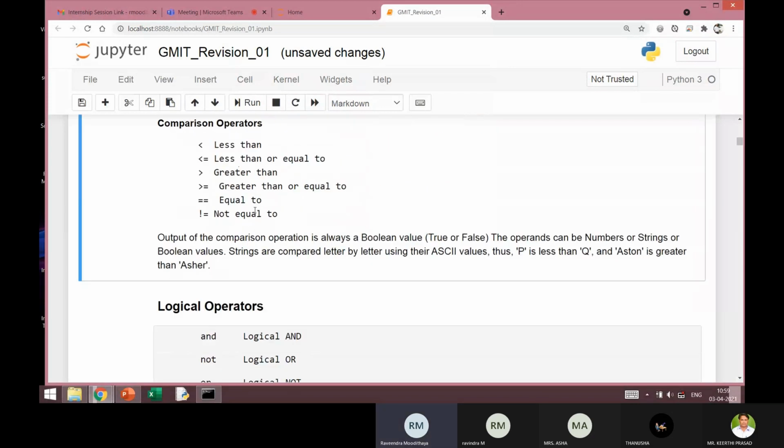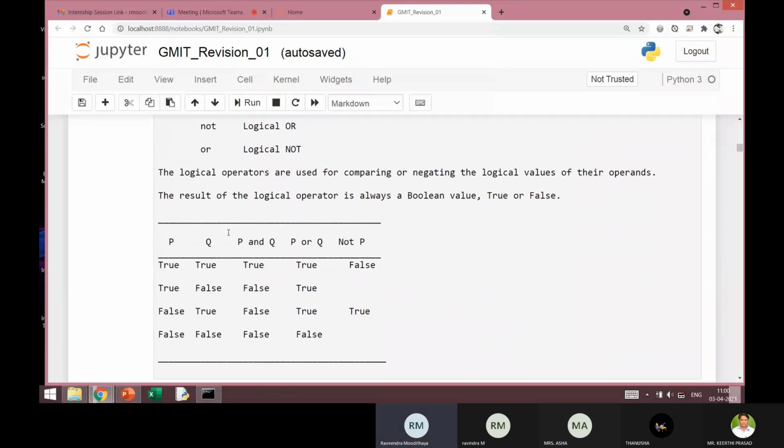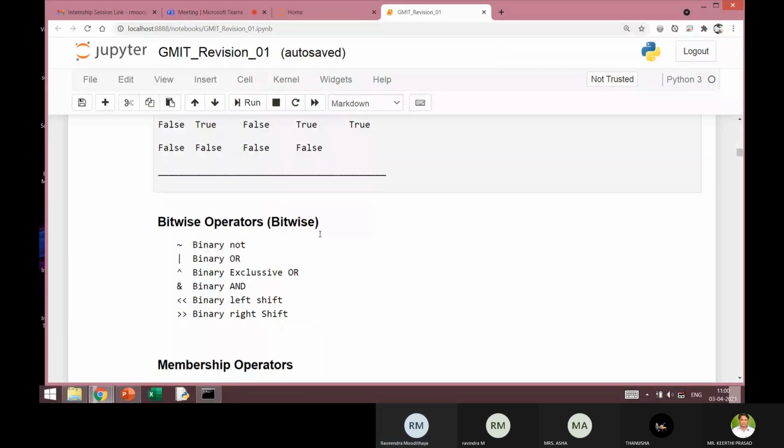There are some comparison operators. I think they are self-explanatory, so I have not given any examples for this. We will get occasions later to use them in the code many times. These are comparison operators which compare two values. And these are the logical operators: and, not, or. I just put them in the documentation. You will get this file probably in your email at the end of the session, or maybe a little after that.